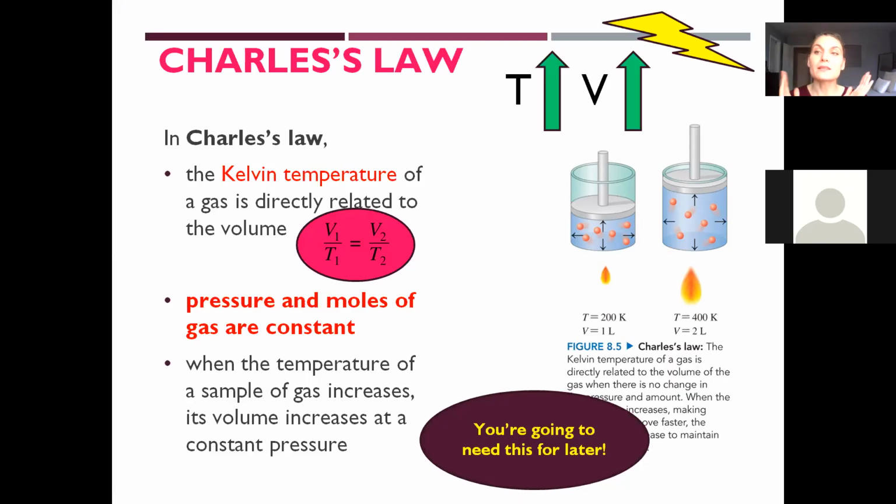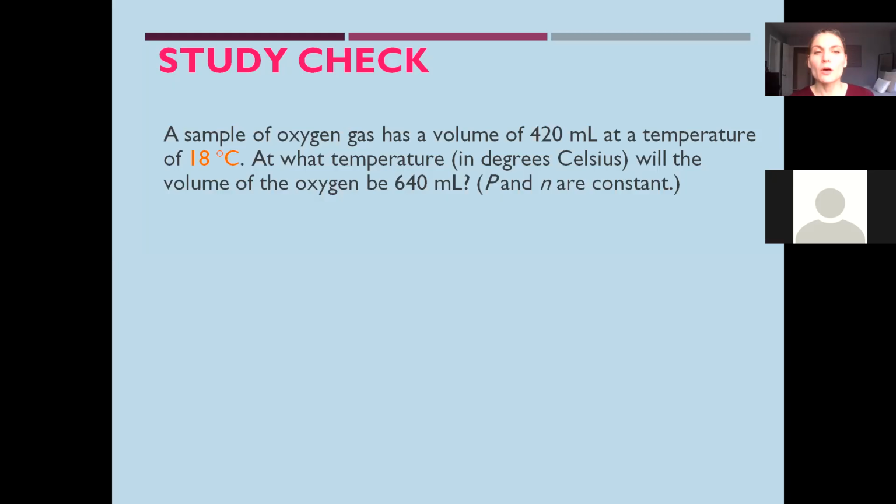Now these guys are directly related. When temperature goes up, volume's up. When volume is down, temperature is down. They work together. So they're what we call directly related. So now when we go to monitor these guys, instead of using P1 V1 equals P2 V2, again, think about that combined gas law.